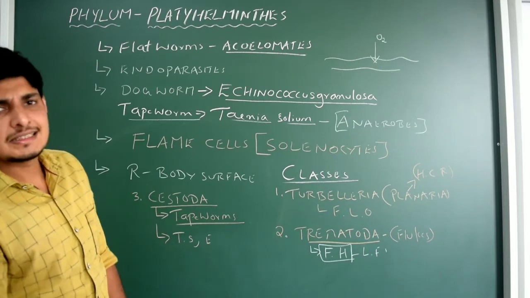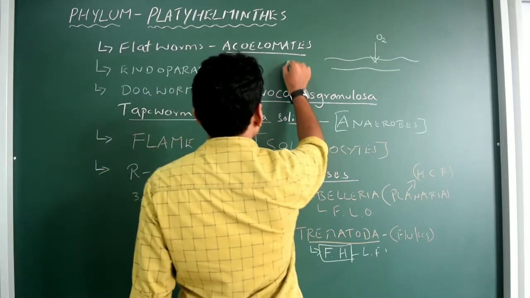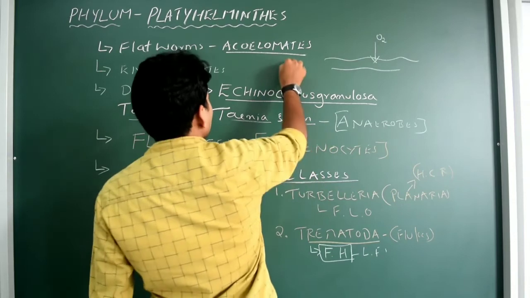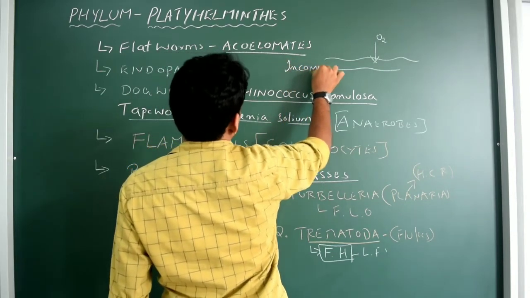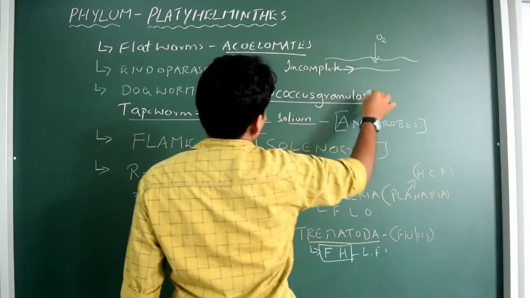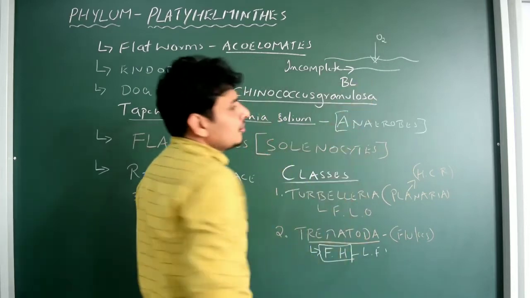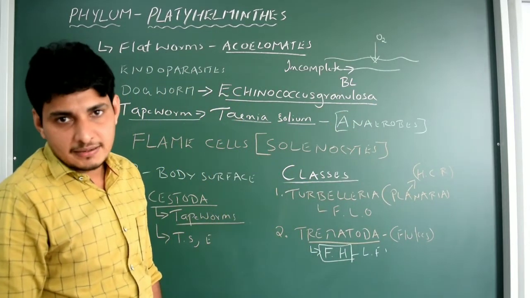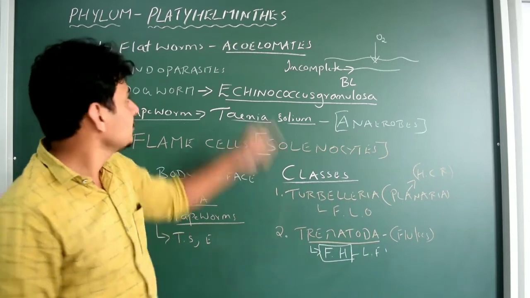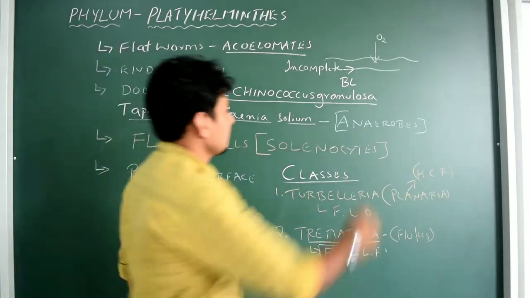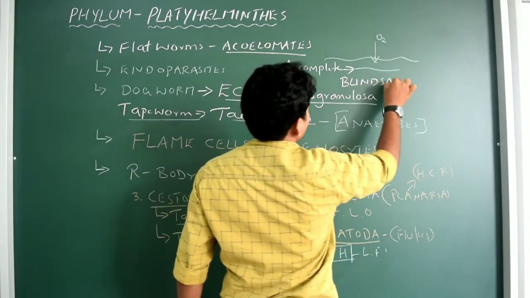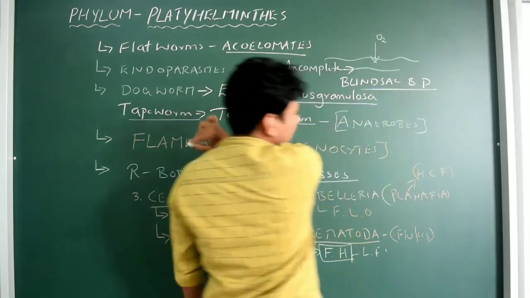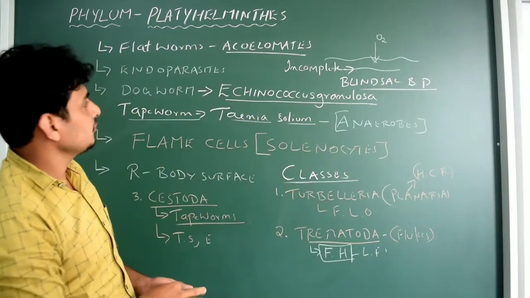What about its digestion? So if you want, please write down here. The digestion is always incomplete. So they exhibit what type of body plan? Blind sac. So Coelenterata blind sac, Platyhelminthes also blind sac. Okay. Blind sac body plan. Done? Okay, now let me erase it and give you the larval stage.